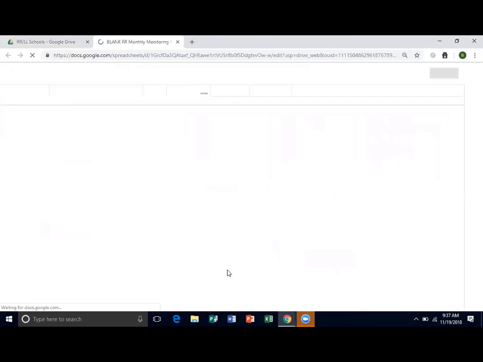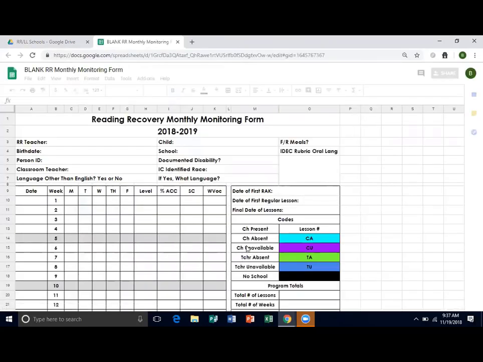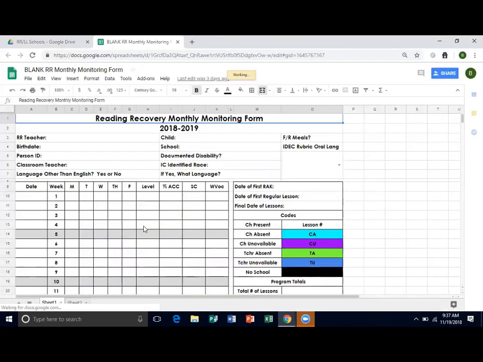And so basically what teachers do is they fill this form out. They complete the data piece every single week, and then we check it. I try to do it every week, but sometimes it might be a week and a half, 2 weeks before I can check it. But basically what it does is it just shows us,